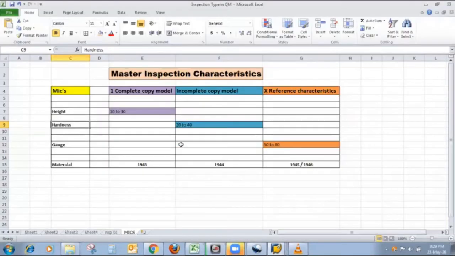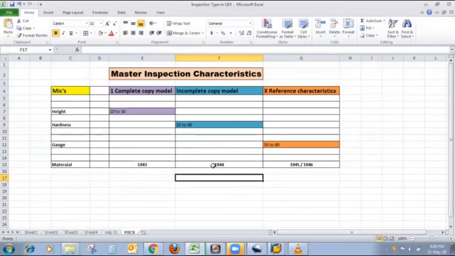So friends, what is the difference you observe here? In the complete copy model, MIC values are directly fetched. But in the incomplete copy model, there is no provision for maintaining quantitative values during creation of the MIC.